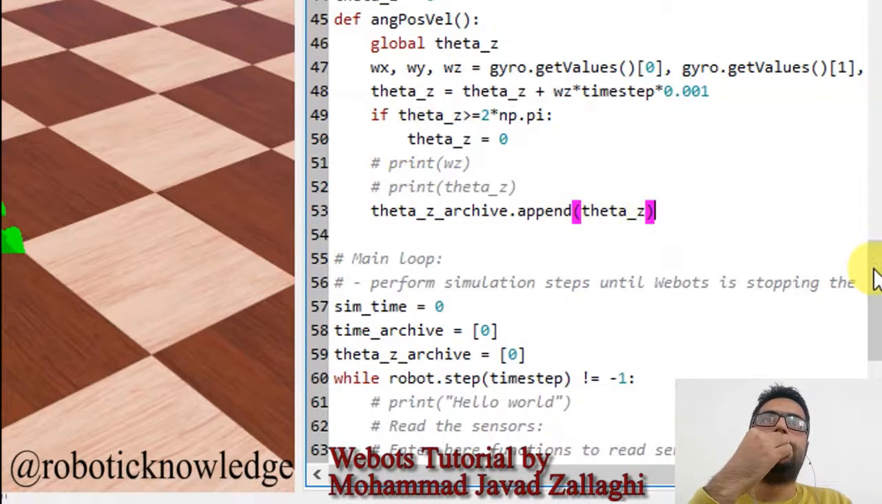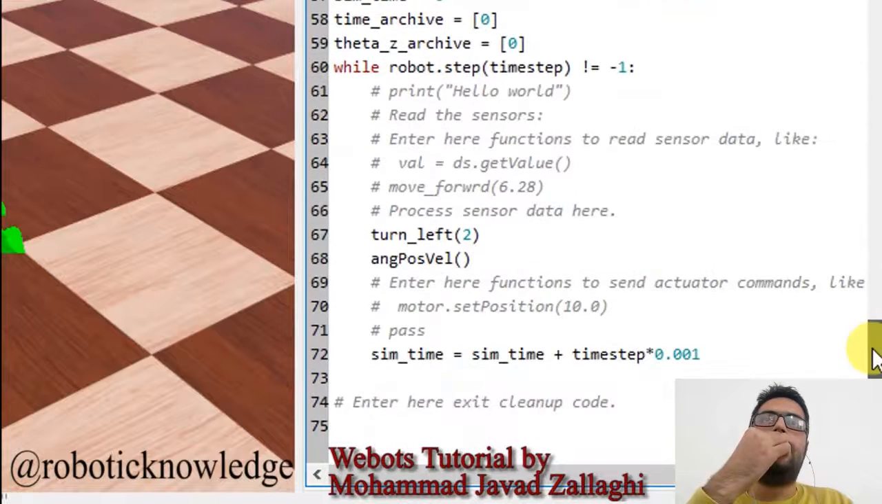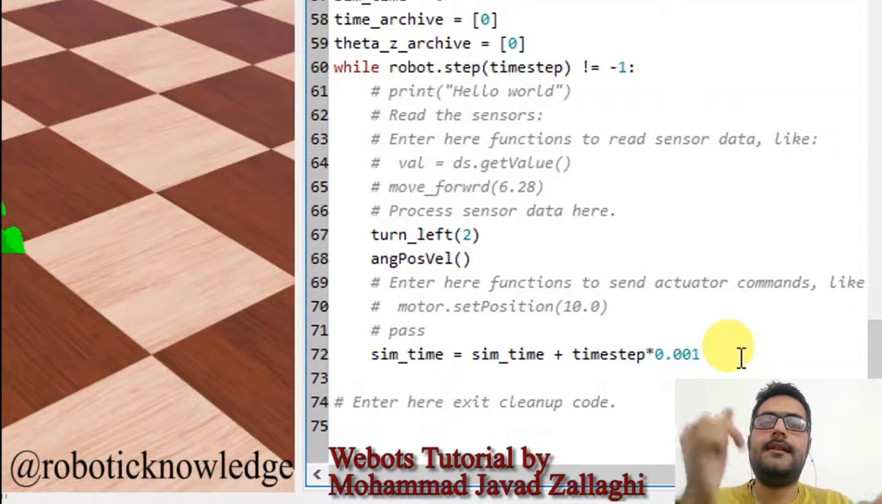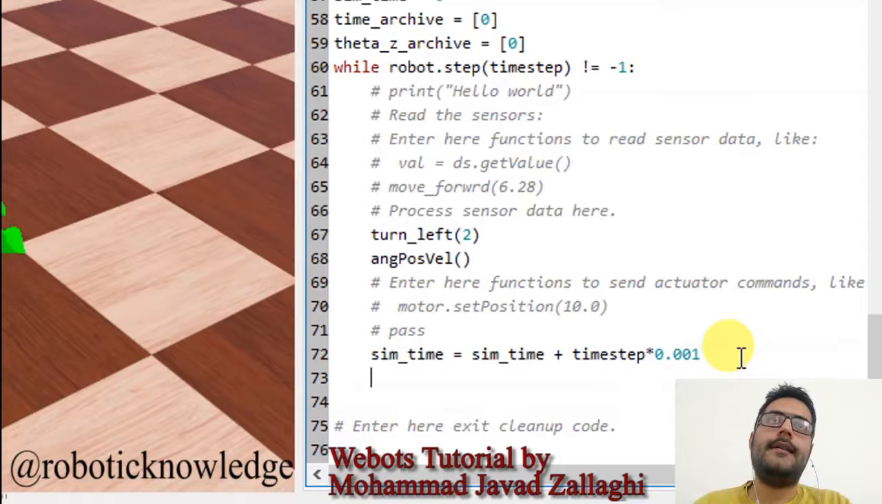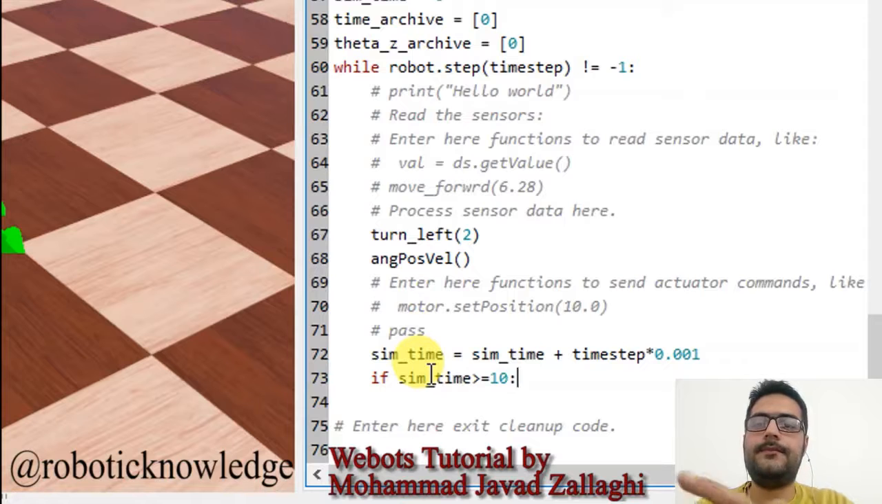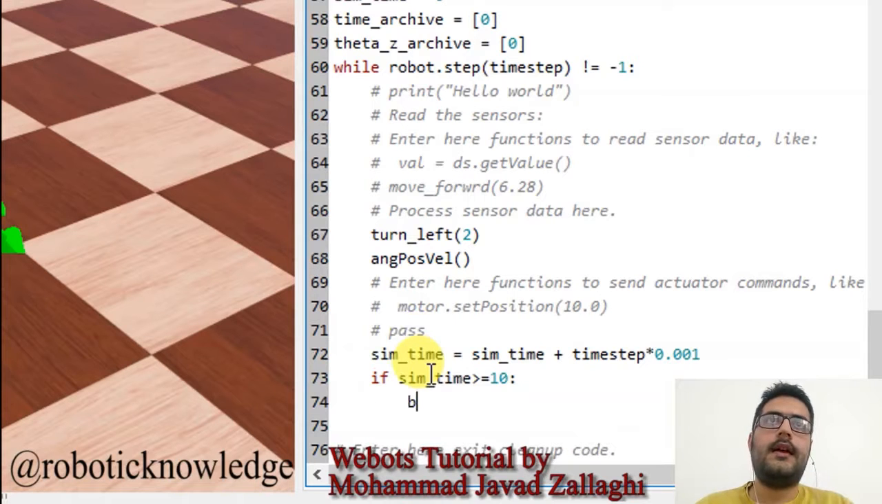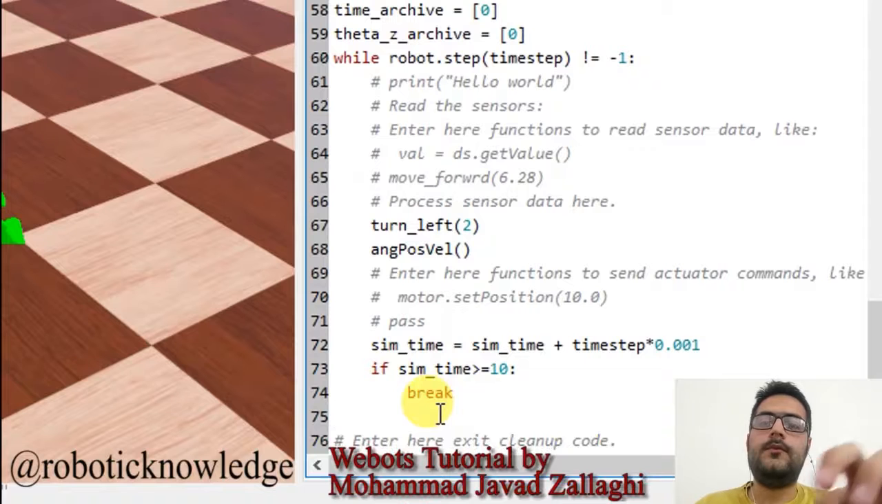So I want to do this simulation for 10 seconds, so I'm going to add a logic here. If simulation time is greater or equal to 10, please break the loop, and outside the loop I'm going to plot